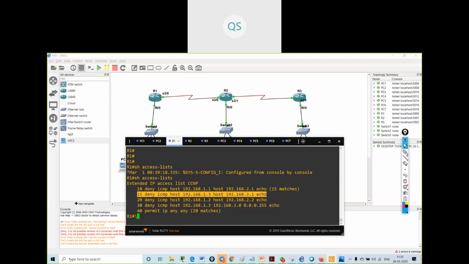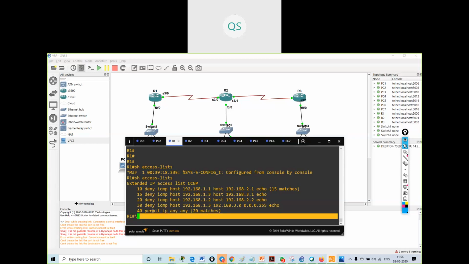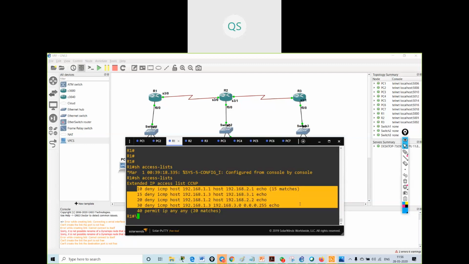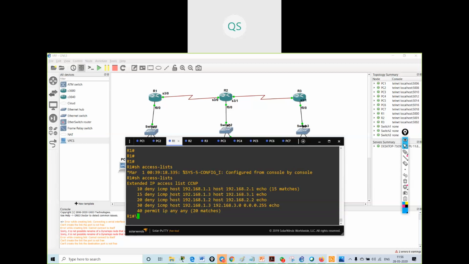It will show me the command over here, but it will be useless. It will not run that command, because I am saying permit all, and then I'm saying deny this. So there is no use. I already said permit all. So if I want to add any statement in between these deny statements, then I have to use named access list. See, I have added this statement in between.